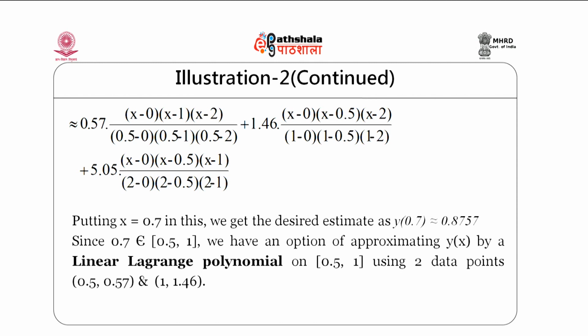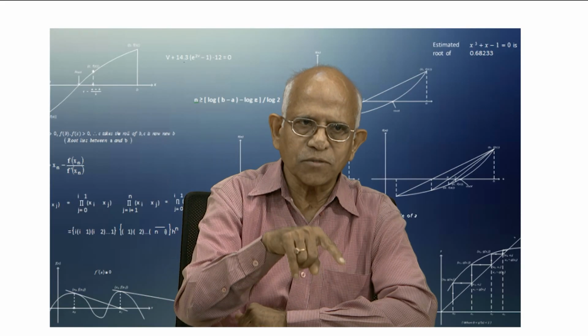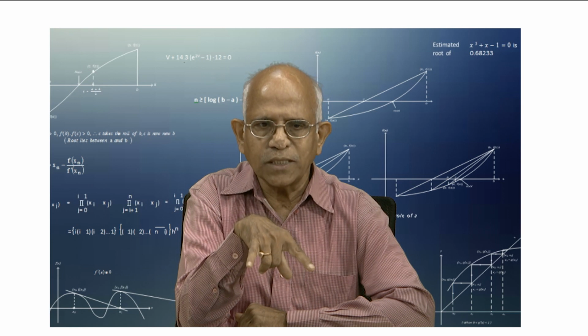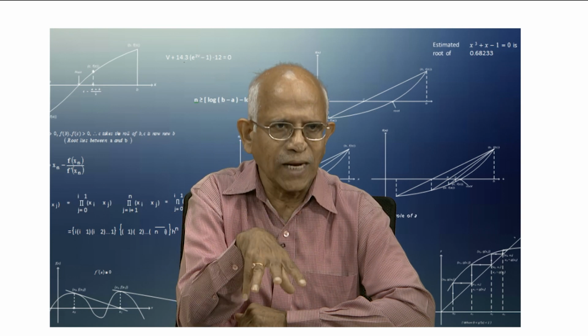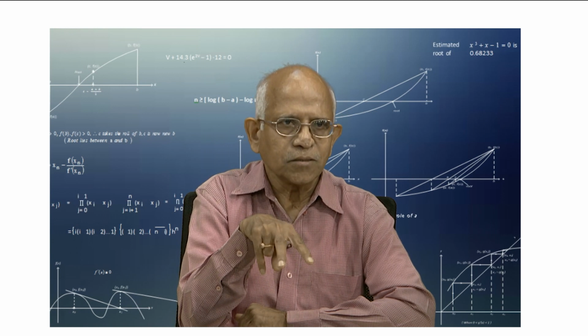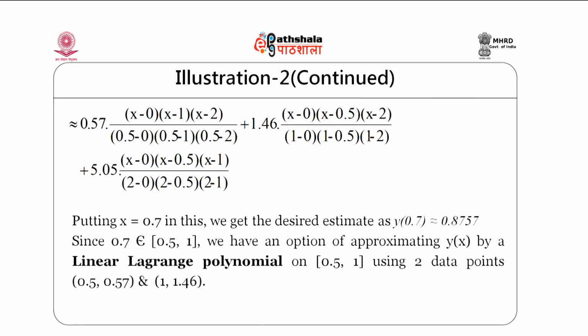So observe that 0.7 is lying in 0 to 2 as well as lying in 0.5 to 1, and because in this interval we have only two values, we can approximate it by a linear polynomial, linear Lagrange interpolation, on this interval 0.5 to 1 using these two data points,